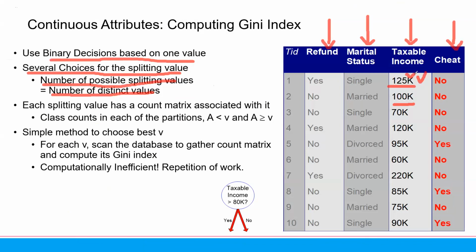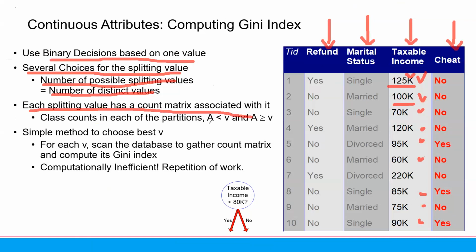If I choose this one as the splitting value, then you need to check if it is less than 125. So this one, this one, this one, and so on. So it will be computationally expensive. Even though it is possible, the algorithm will be very long. So we want to choose the splitting value based on the